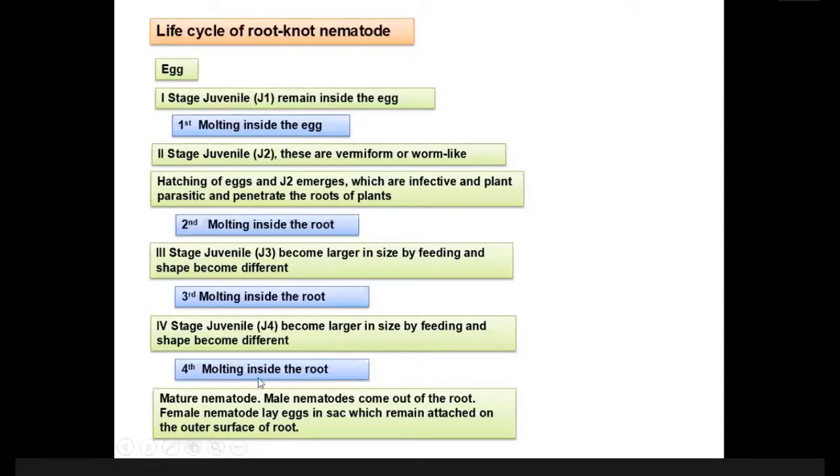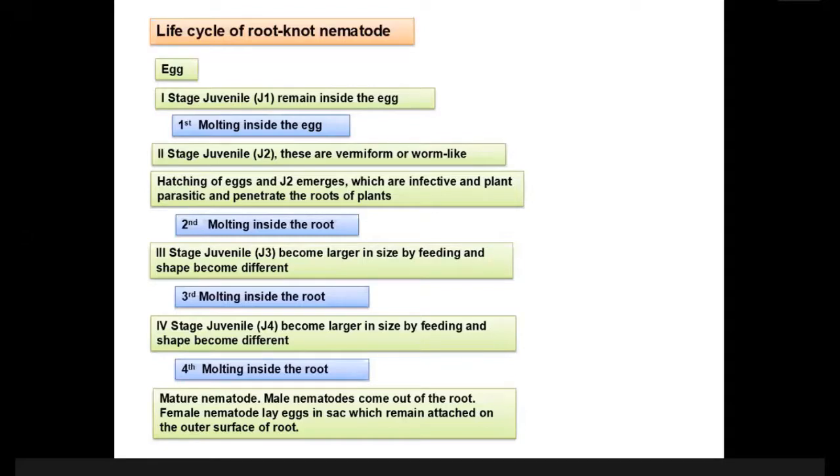So after the fourth molting, a mature nematode is produced, male nematode. So a nematode might be male or female, for example. If the nematodes are male, then they come outside of the root. And if those are female nematodes, they remain inside the root, they become matured, and after maturation, they produce eggs inside,